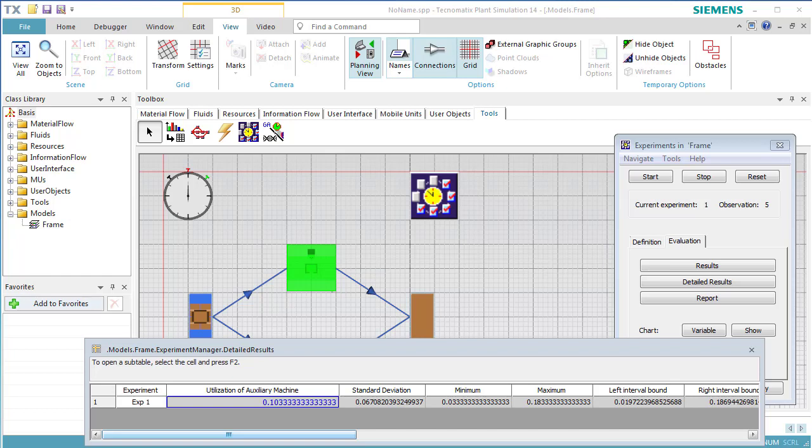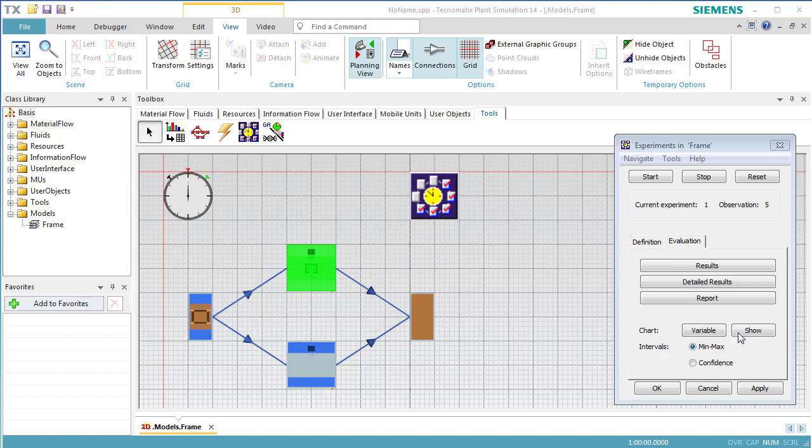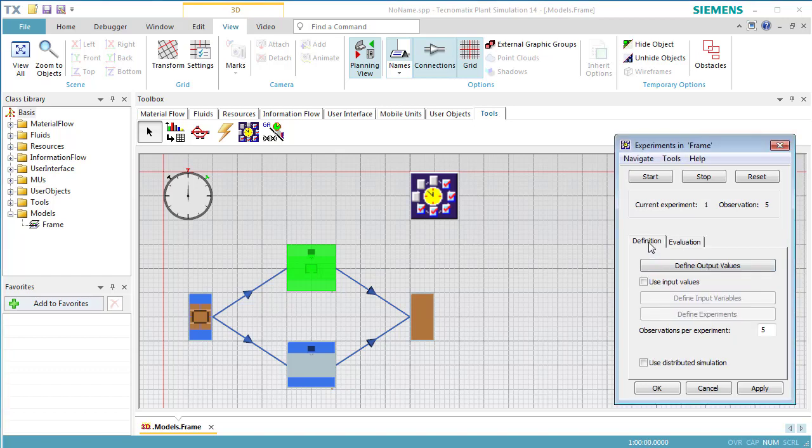After using the Experiment Manager for a statistical analysis, we want to check out how the availability of the machine influences the utilization of the auxiliary machine. We'll change the availability of the main machine. To do so, we define the input value. We select the checkbox Use Input Values and click